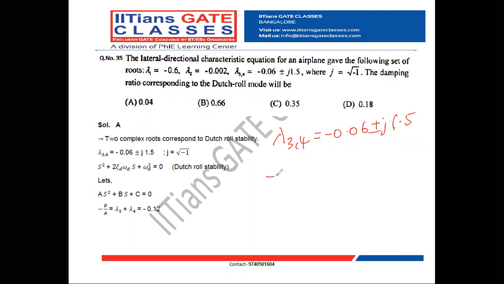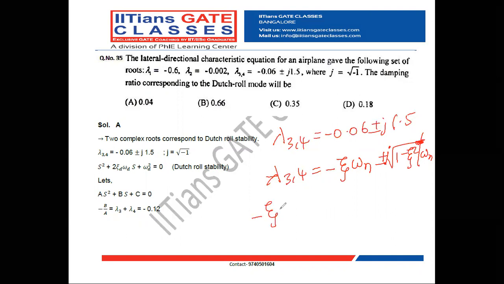So lambda 3,4, the Dutch roll equation, belongs to underdamped oscillation. So it can be written as minus zeta omega n plus or minus j root of 1 minus zeta square into omega n. The root is only over 1 minus zeta square; omega n is outside the root. Plus or minus i or j, whatever, it is a complex term. So by comparing these two equations,